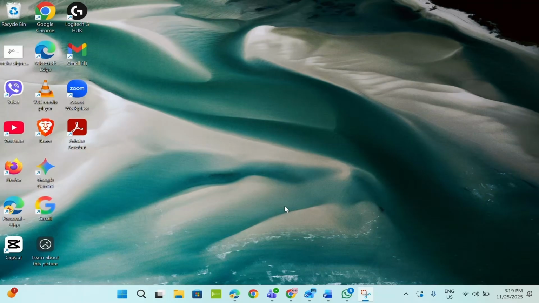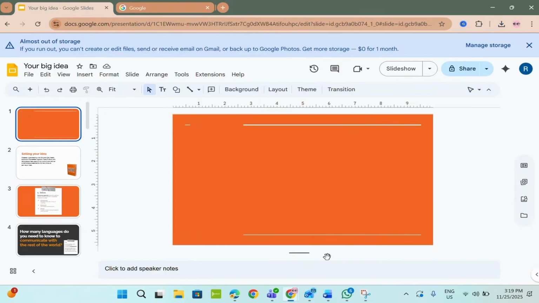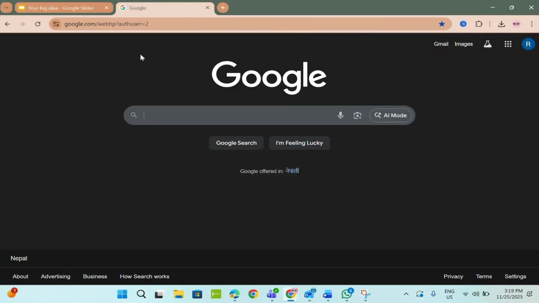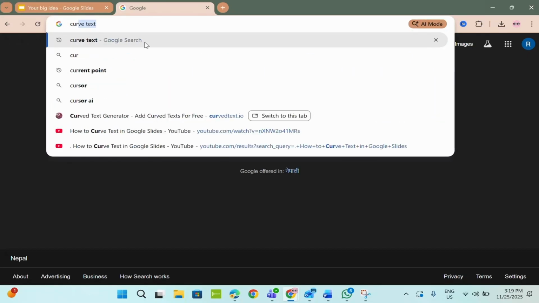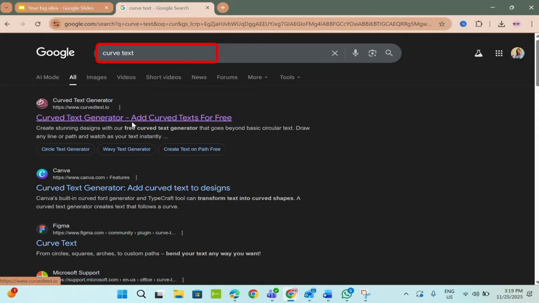Open up your Google Chrome and then let me tell you that curving text in your Google Slides itself is not possible, but I have a workaround for you. Open up a new tab and then search for Curve Text Generator. So tap on the first link